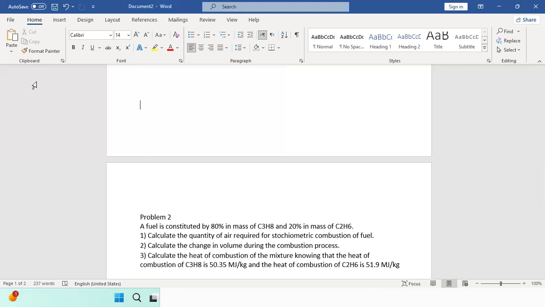So the only problem will be how to calculate the percentage of C in mass and the percentage of H in mass. It's really simple. We just have to use the given. Since we are doing the analysis per kilogram, 1 kilogram of fuel will contain 0.8